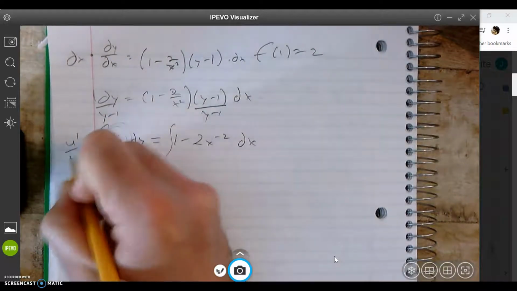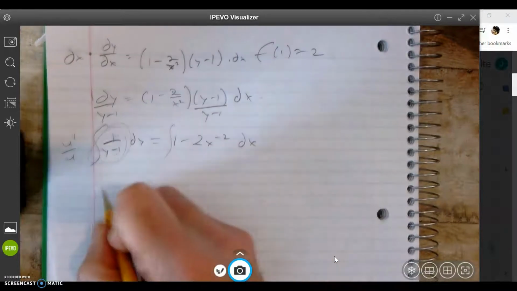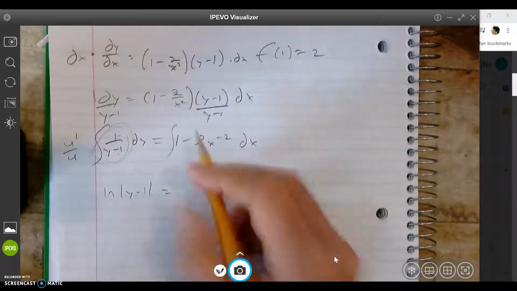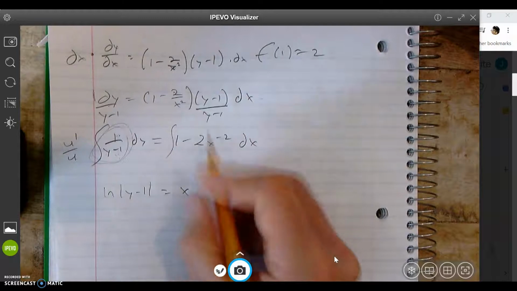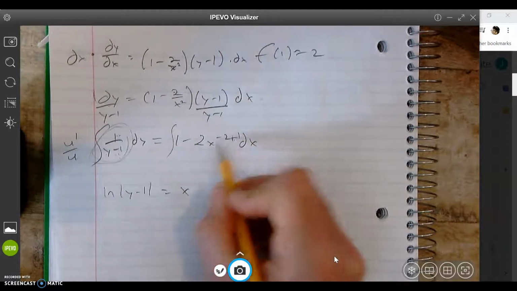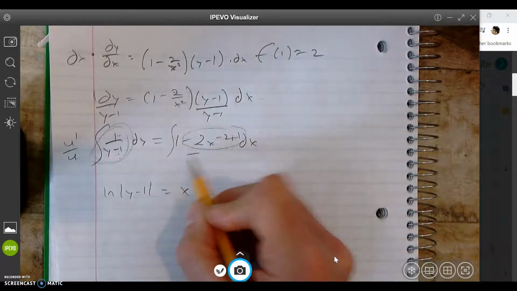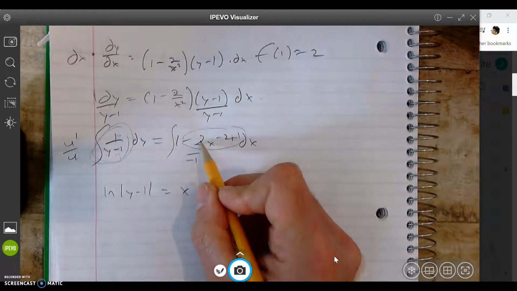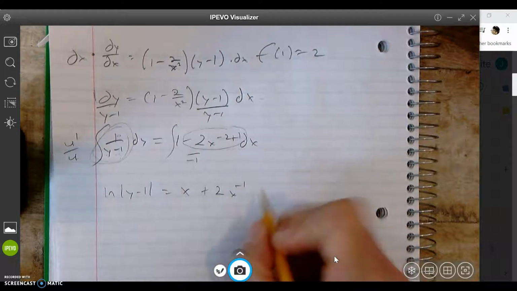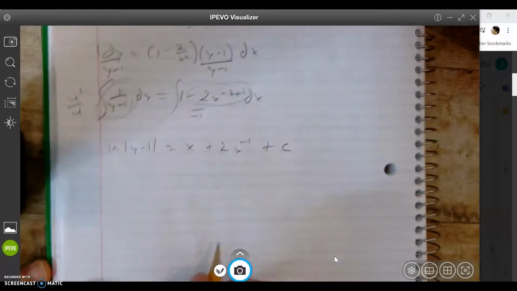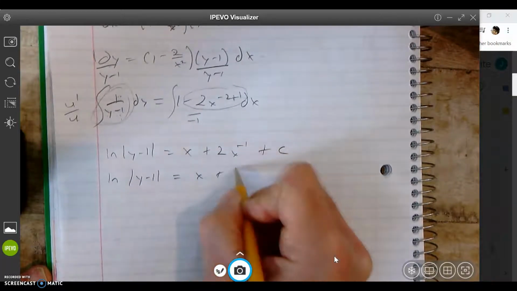So that's like u prime over u, that's what I'm seeing. So the derivative of this is 1, and so boom, it's like this. So that's a natural log, absolute value of y minus 1 equals... Okay, so the antiderivative of 1 is x. The rule is you have to add 1, so now I'm doing this second term. Add 1 to the exponent, which is negative 1, and then divide by negative 1, divide by the exponent. So negative 2 divided by negative 1 is 2x to the negative 2 plus 1, which is negative 1, plus c. Cool. So I have natural log of absolute value of y minus 1 equals x plus 2 over x